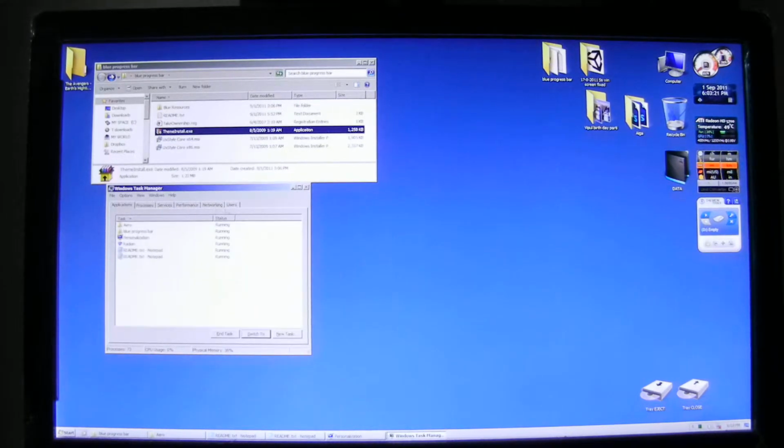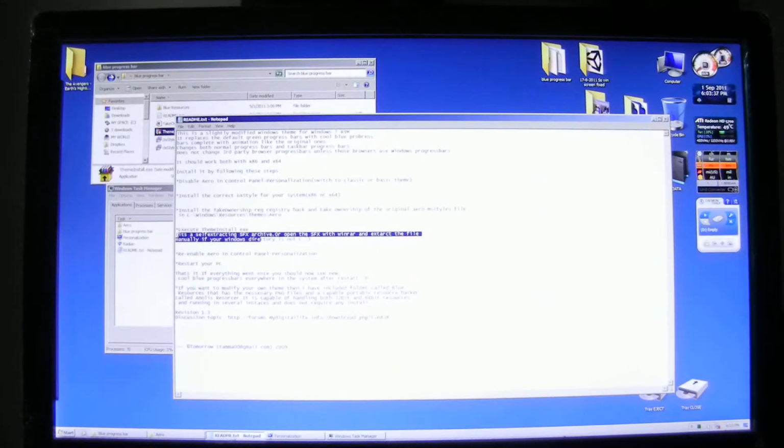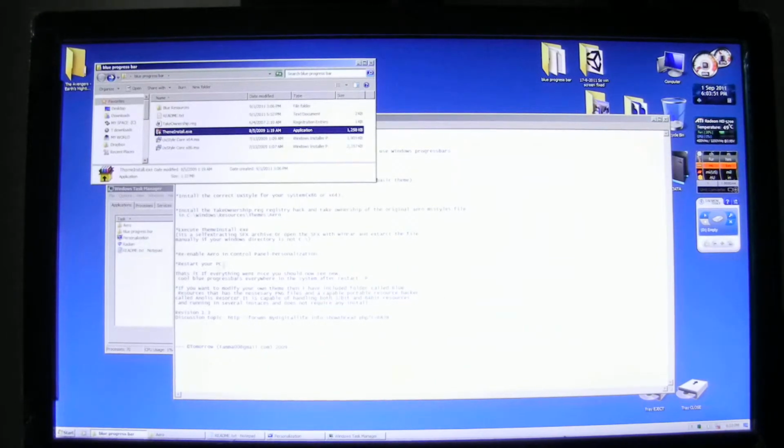There's nothing going on, and that's not a very good sign. It's a self-extracting SFX archive, or open it in WinRAR and extract the files manually to the directory. I think it's done.